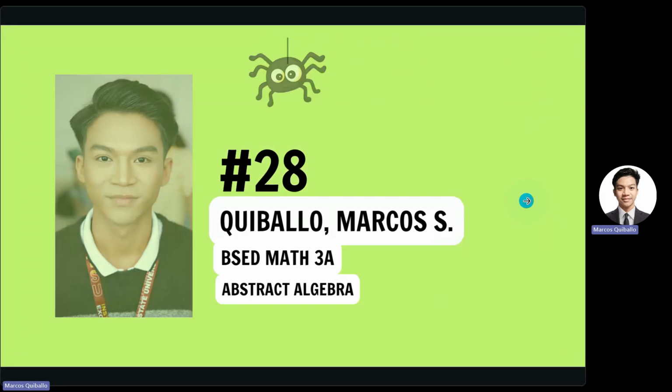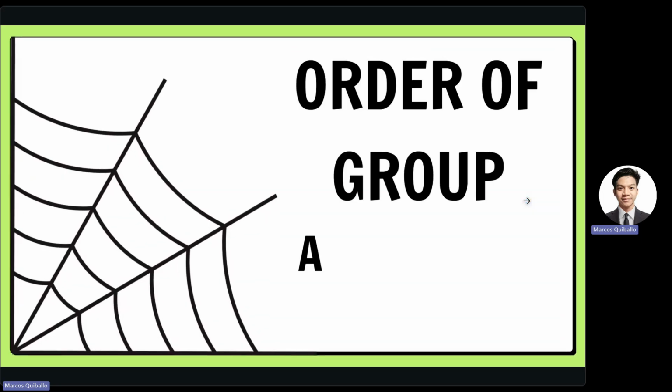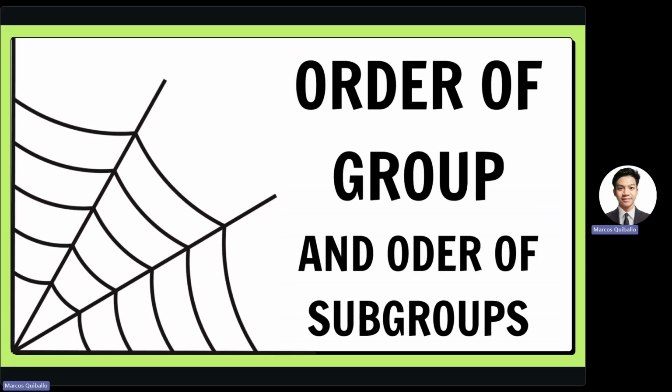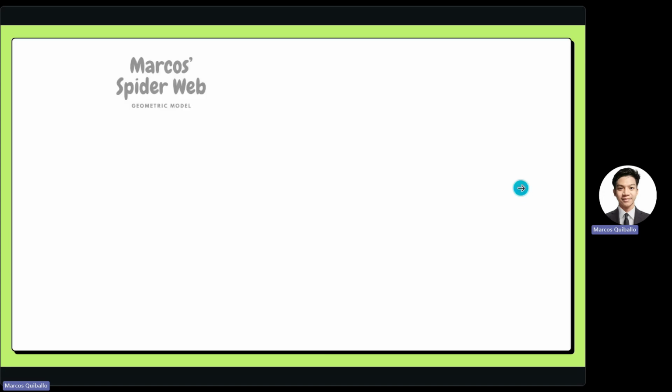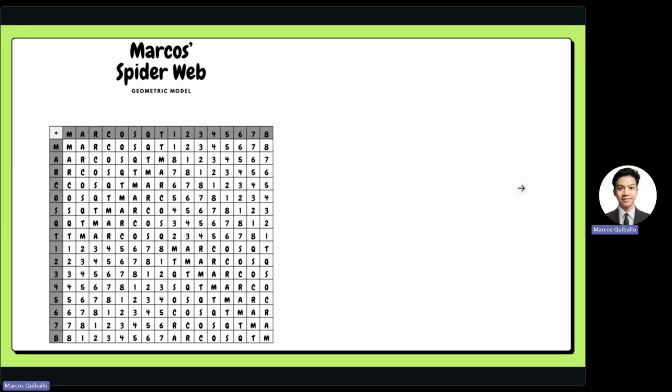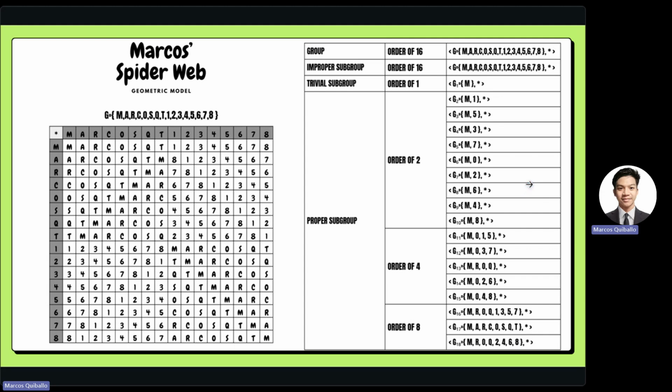For today, we are going to discuss the order of a group and the order of subgroups. We have here again the group table that we constructed. So here we have the table of the group and the subgroups, which are the improper subgroup, trivial subgroup, and